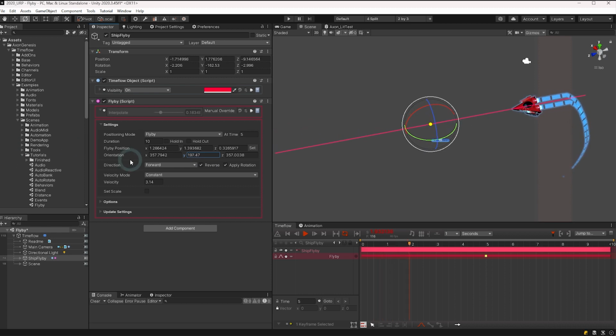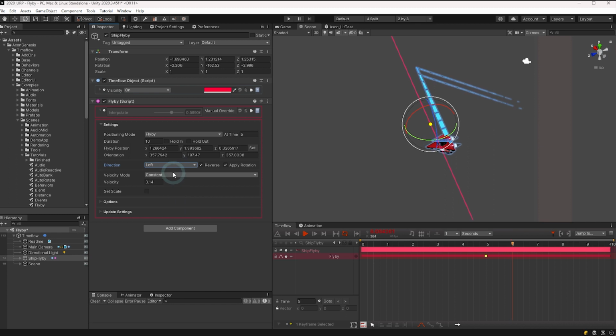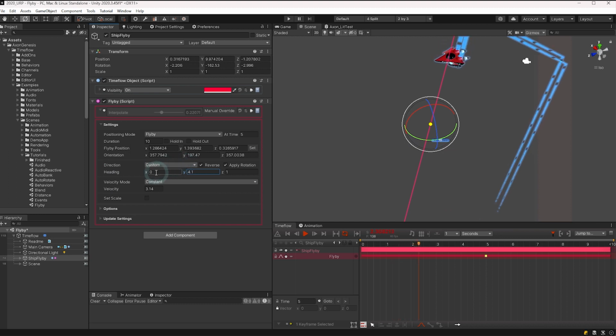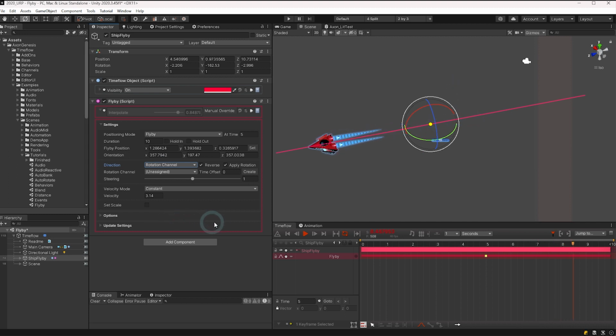The Direction drop-down menu lists various options to create motion going in any direction. Or you can use Custom to set a specific vector angle. All of these settings create a straight path, though we can also create a path that curves by using an input rotation channel. Since the object does not have any rotation channels, a quick shortcut is to click the Create